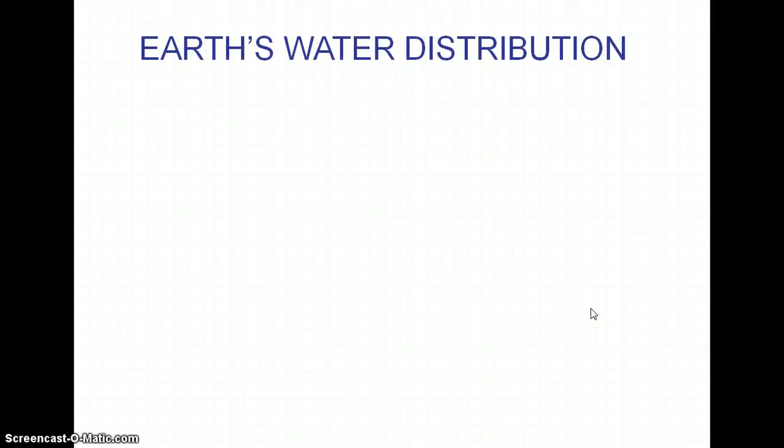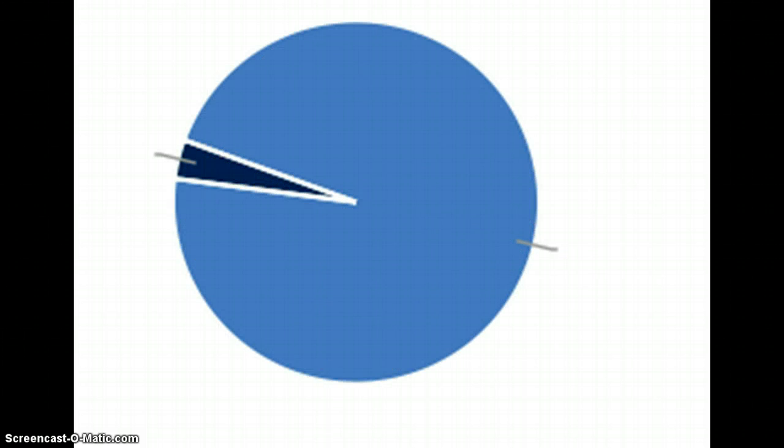This is a diagram of Earth's water distribution, and I reference it in different ways just so it can make sense to you. Obviously, you have the PowerPoint in front of you, and this kind of kills the whole idea of the lecture, but what's the big part of the pie? The ocean. 70% of Earth is water. 97% of that is oceans. That question will come up on the AP exam. 70% approximately of Earth is water. 97% is oceans, and 3% is fresh. They'll reference it in some way.